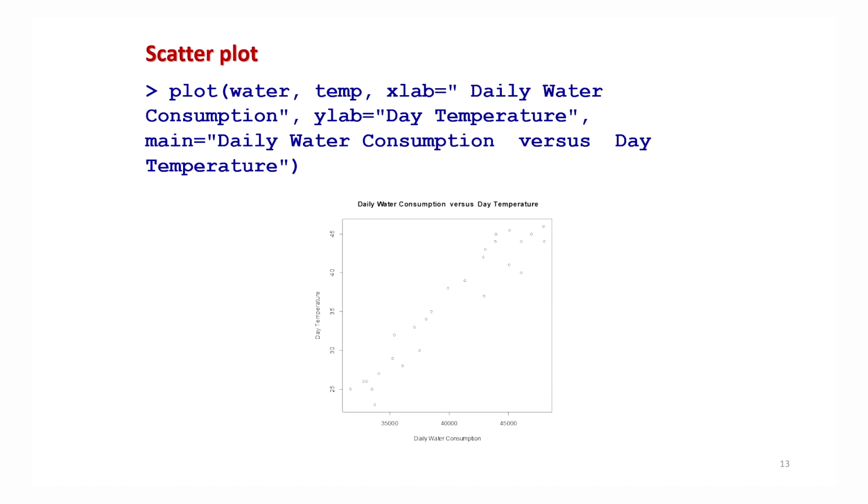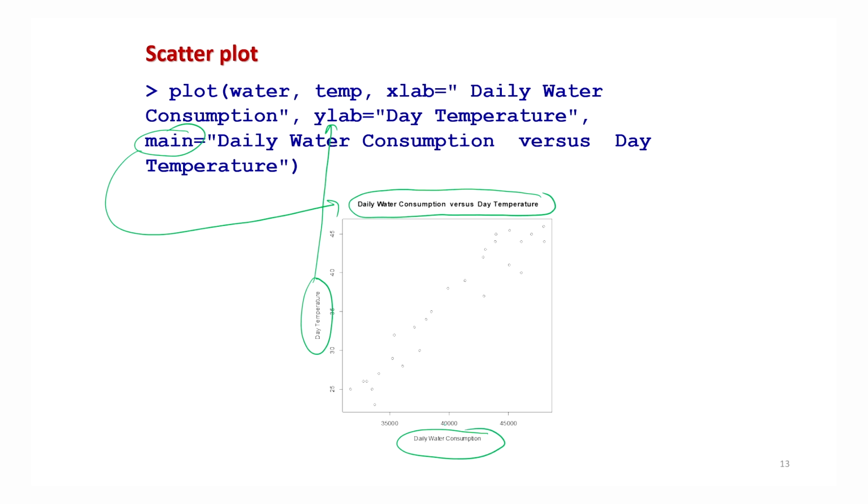Now in the same plot, if you want to add more information, for example, the title of the chart, daily water consumption versus day temperature, then this can be given like this, which is the same command which you have used earlier also if you recall. And then if you want to put the label for day temperature, which is the value on the y, this is given here by ylab. This is the same command that you used earlier also.